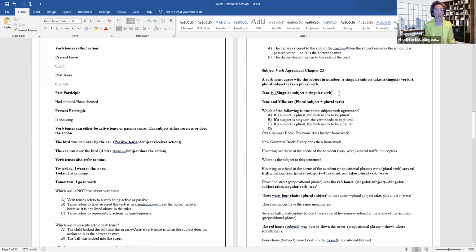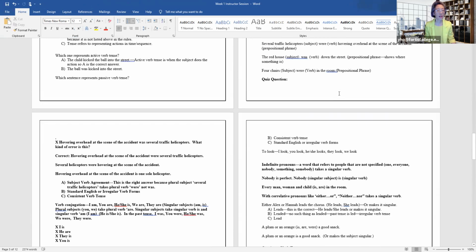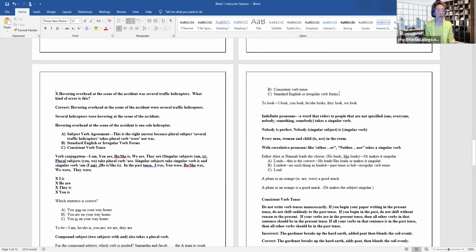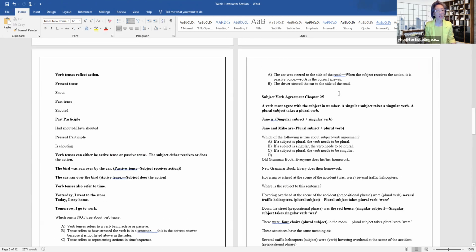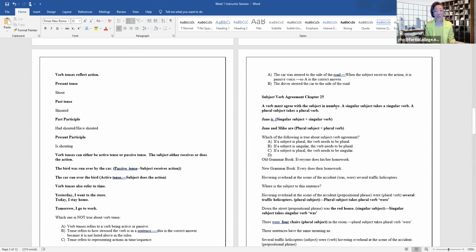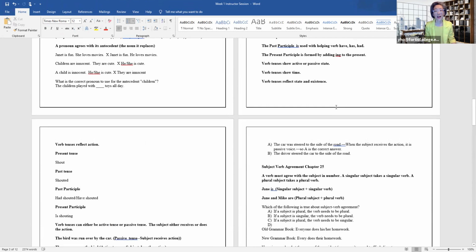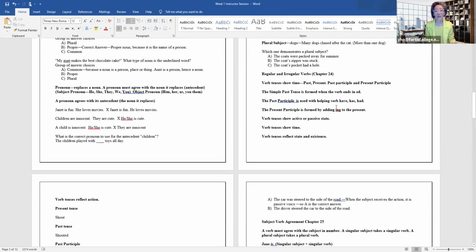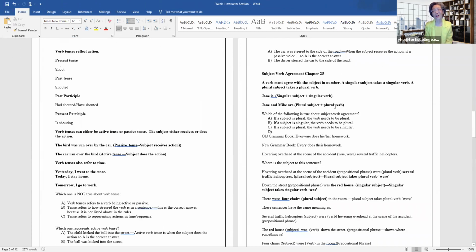So here you have, see, this is, I'm not used to dealing with this in this format, you know, normally I have it one page at a time. All right, so a verb must agree with the subject in number. I am not doing this in the correct order. Oh, well. Okay, so subject and verb, we have, if the subject is plural, then the verb is plural.